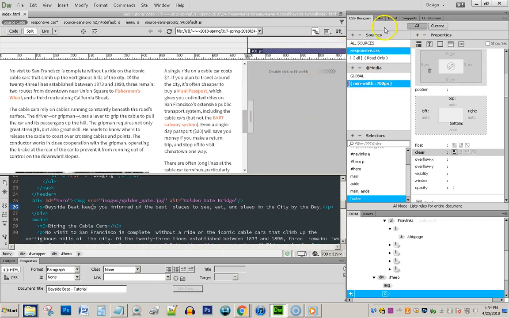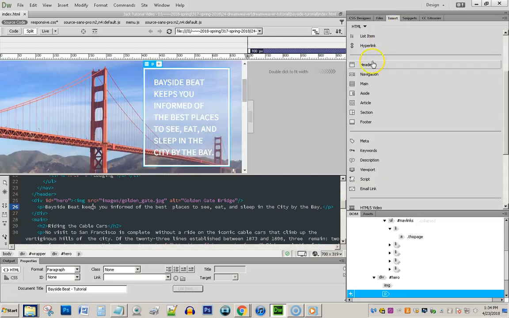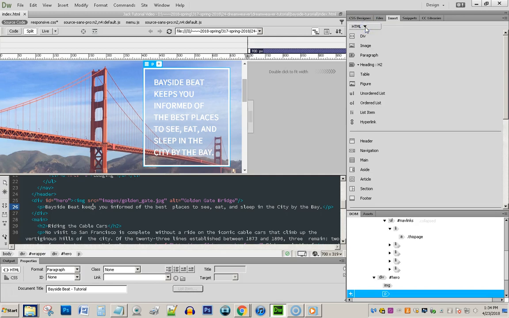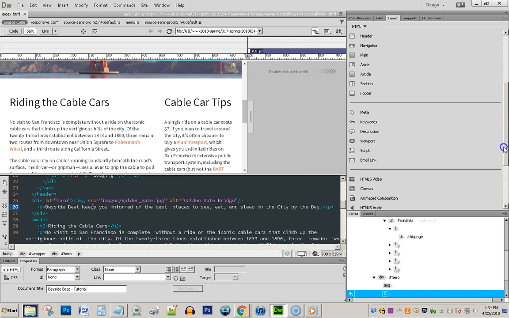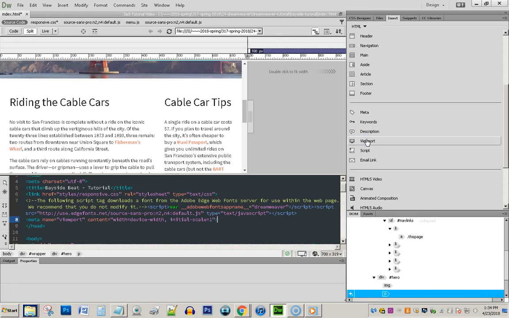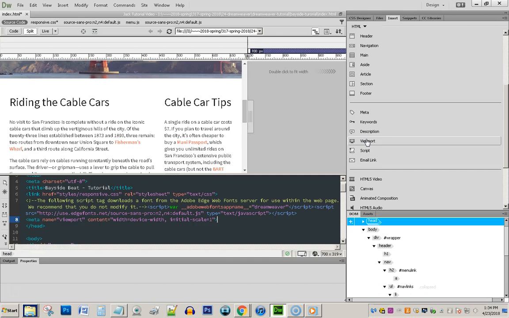So here we go. In the Insert panel, we're going to select, so under HTML still. It's in the third section. Whoa, here we go. Third section, and it's a viewport. There it is. And this adds a chunk of code, which we're only doing to this page. This is the only real page we're working on here. But if we had more pages, we would want to do this with more. We didn't have to tell it where to put this or anything. It knew to put this in the head, and it's just a bunch of code that